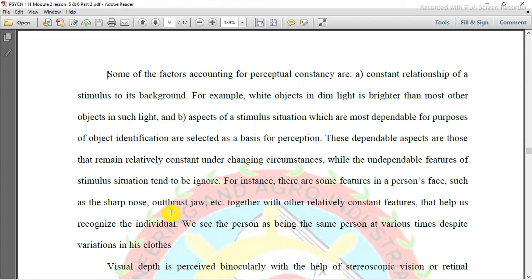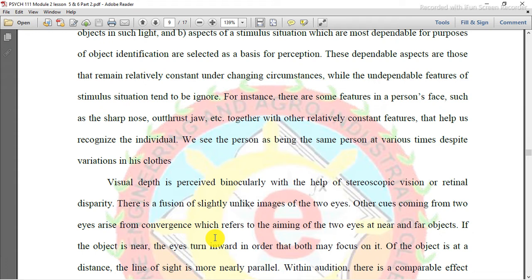May mga times na ganito. Sometimes, pag nakatalikod yung individual, siguro yung buhok niya, yung nose niya, nalalaman natin, nakakatch agad yung attention natin. Kasi ito yung mga, kumbaga, dependable picture kasi siya eh. Nakadepende, yan yung ilong niya. Sometimes, pag kilala natin yung isang tao, ito yung buhok niya. Depende. Hindi lang natin kilala yung tao by sa pangalan, kundi pati na rin sa mga characteristic niya. Okay? Visual depth.